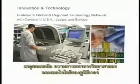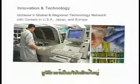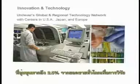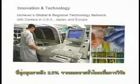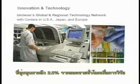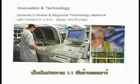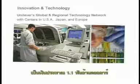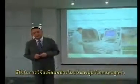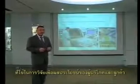So first point is about Unilever's science and technology base. Now Unilever is a very, very large company, and it donates from its main resources around 2.5% of its total global sales income towards research and development. This translates globally to about $1.1 billion. And a vast majority of that goes into background research and product development research for the benefits of our consumers